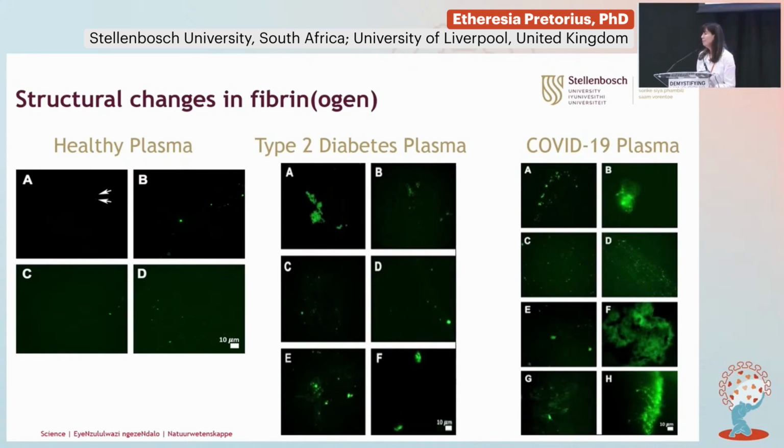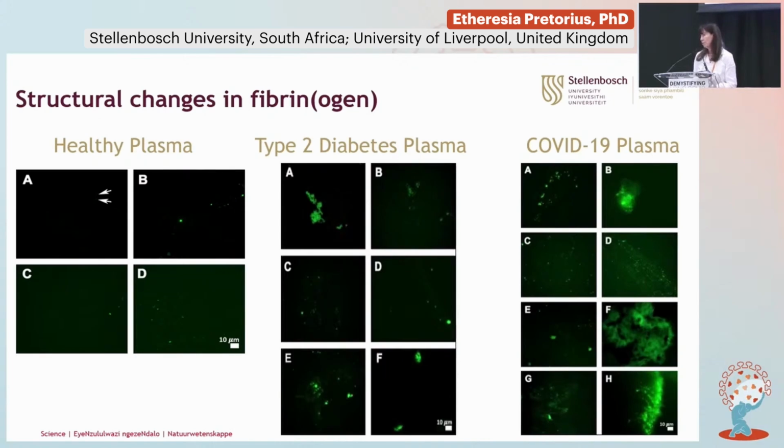So we simply added thioflavin T, our marker for amyloid, to platelet-poor plasma. We exposed it when it was freshly drawn from the patient, waited for 30 minutes, and put it into a fluorescent microscope. And here you can see even healthy plasma